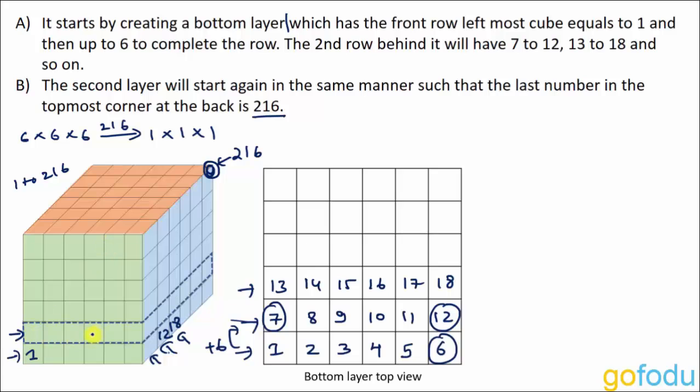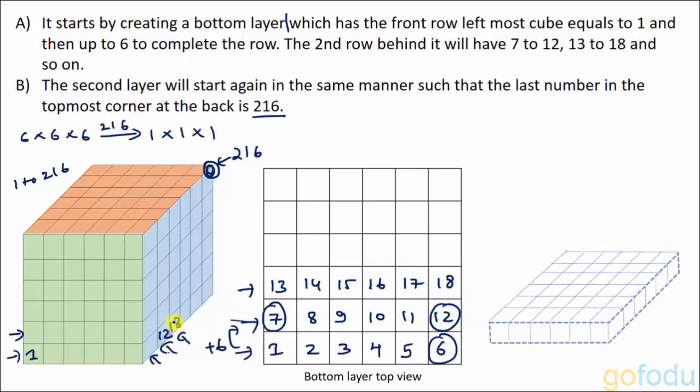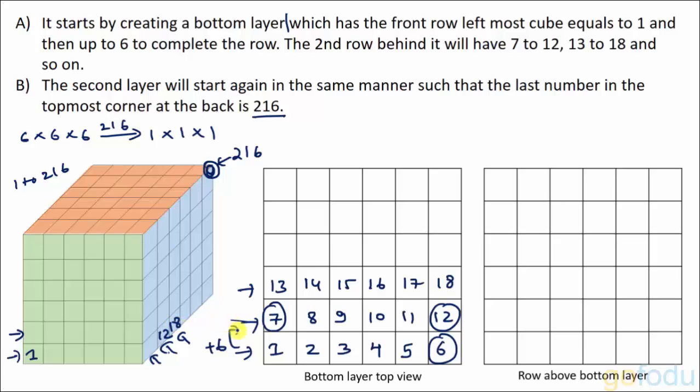This will be our second layer which is just above the bottom layer. Again, we'll consider the top view. So here the numbering will start with 37. Why 37? Because value of this cube will be 36. Here if we look at this row, 12, 18, then it will be 24, then 30 and finally it will be 36. Here from the top view, it will be 18, 24, 30 and 36. We are just adding 6 to every cube to get the value of the cube behind it.